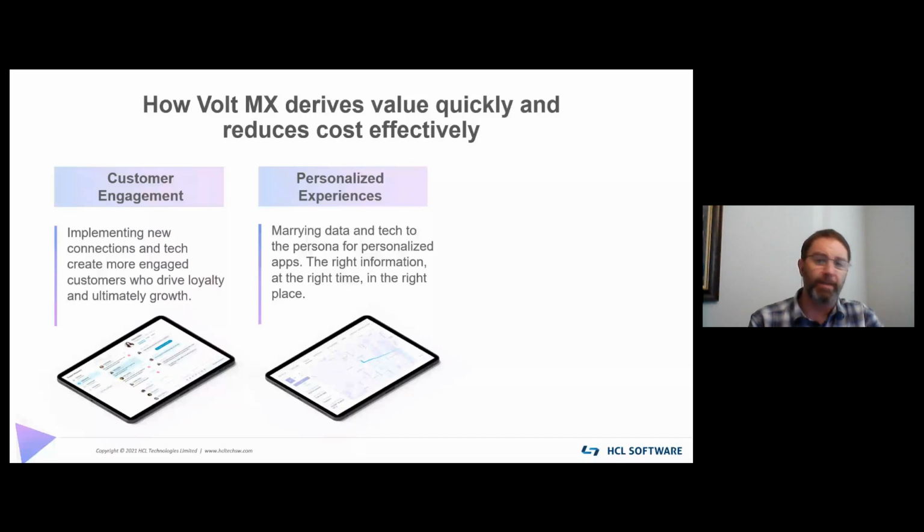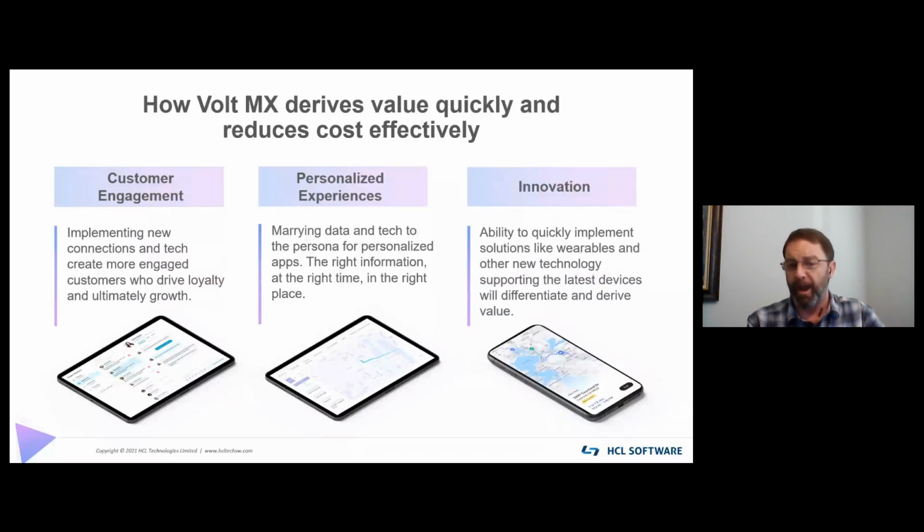And then finally, innovation. VoltMX does not restrict you from using the latest technology out there. Whether it's AI, augmented reality, blockchain, there's no waiting 8 or 9 months to support the latest version of the operating system for these features.